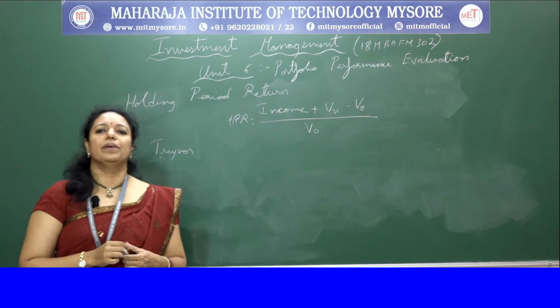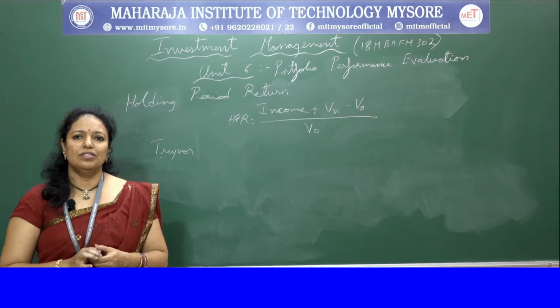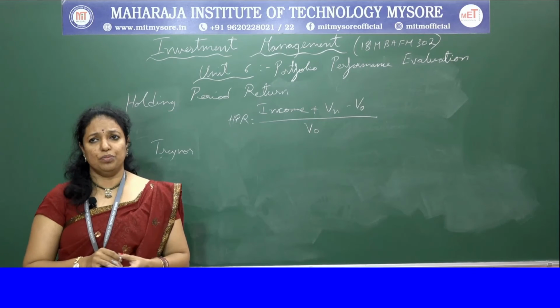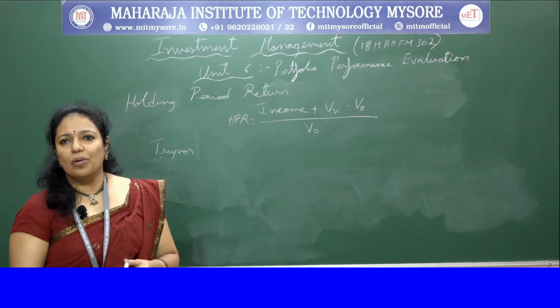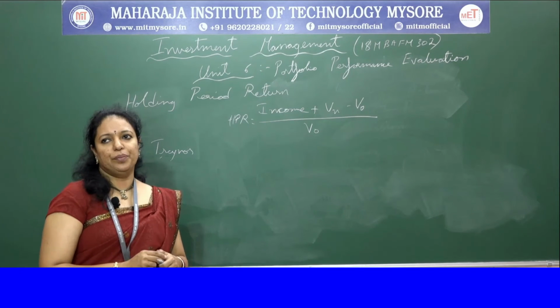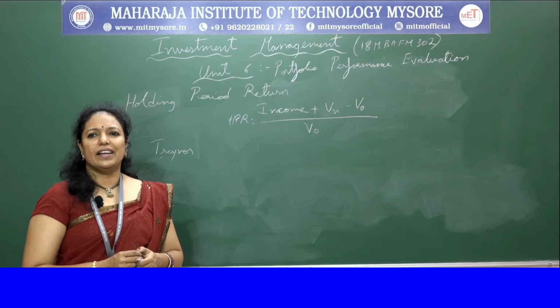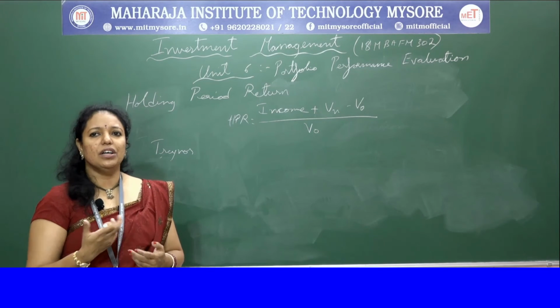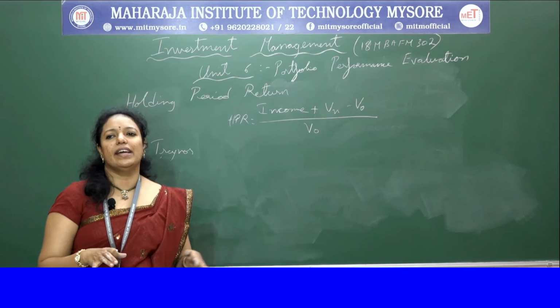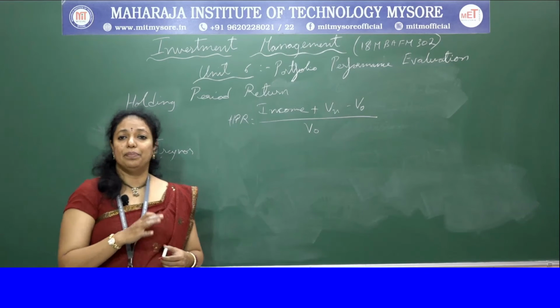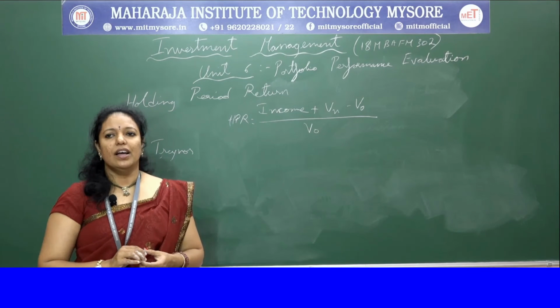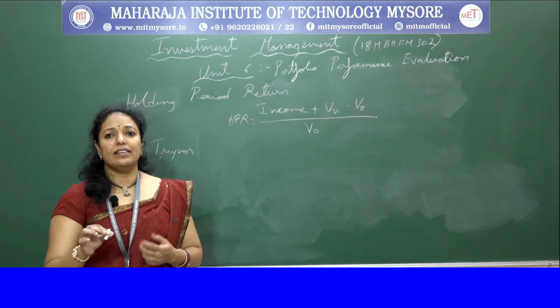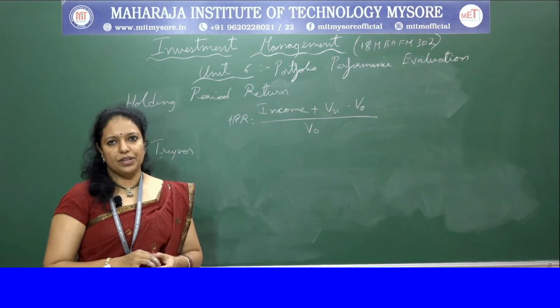Okay, measure of performance. In this measure, Jack L. Treynor was the first to provide investors with a composite measure of portfolio performance. Treynor's objective is to find a performance measure that could apply to all investors regardless of their personal risk preferences. And Treynor suggested that there are two different components of risk.